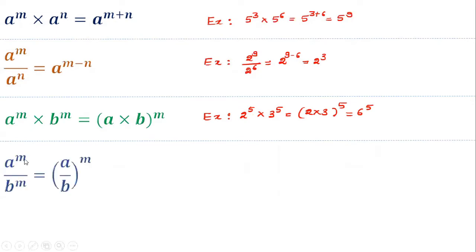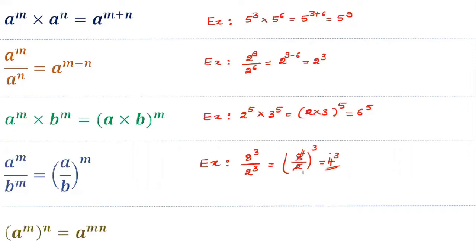Next law of exponent is a to the power m divided by b to the power m is equal to a by b whole to the power m. Bases are different, powers are equal. While dividing, divide the bases, then write the power as it is. For example, 8 to the power 3 divided by 2 to the power 3. Bases are different, so power keep same. So 8 by 2, 2 fours are 8, that is equal to 4 to the power 3.